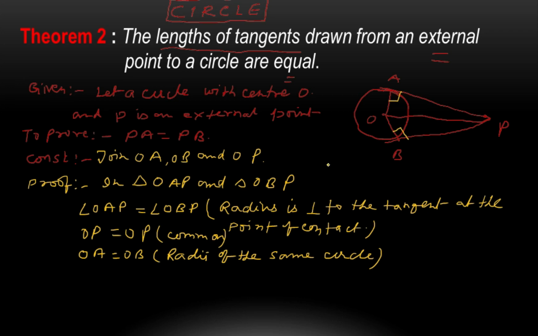So this side equals this side, this is common and this is 90 degrees. So right angle, hypotenuse, side: by RHS criteria,